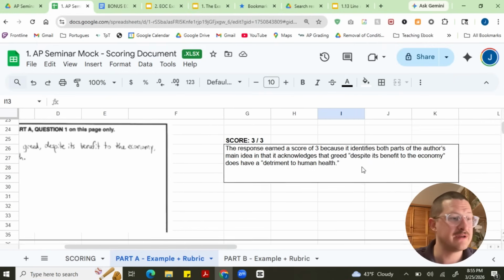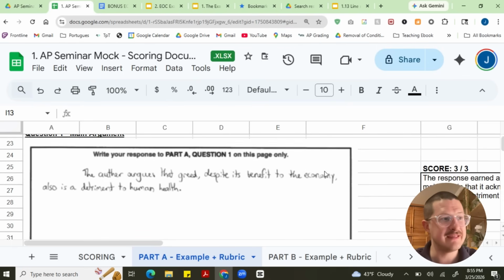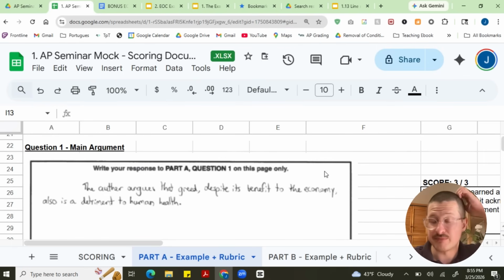All right, like I had talked about here, we're going to look at this example from the 2017 exam. This is actually some prep material that the College Board has provided, but all of the things that you're seeing in terms of the slides and the spreadsheets,